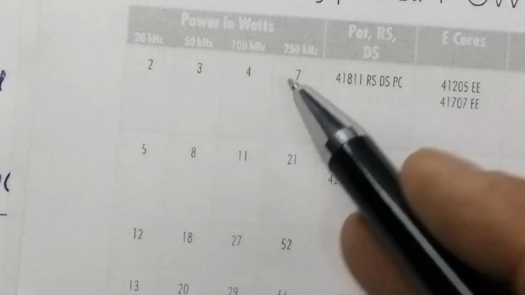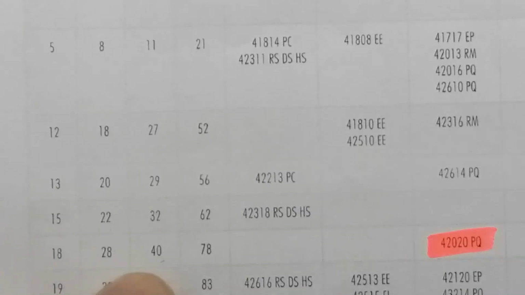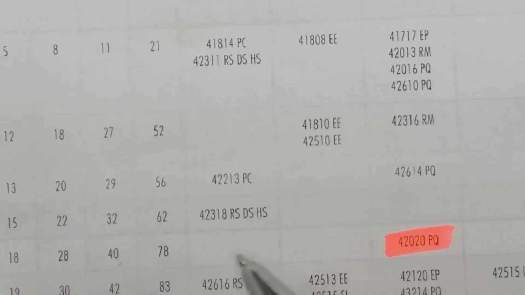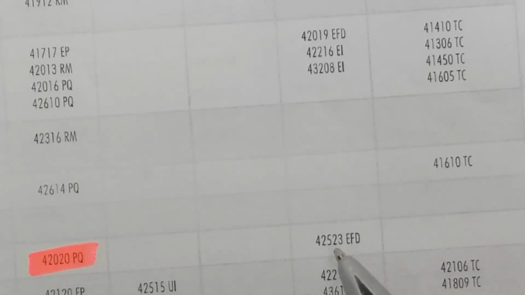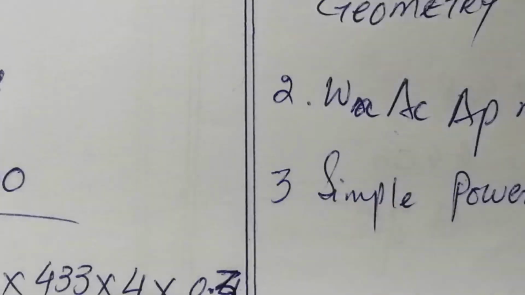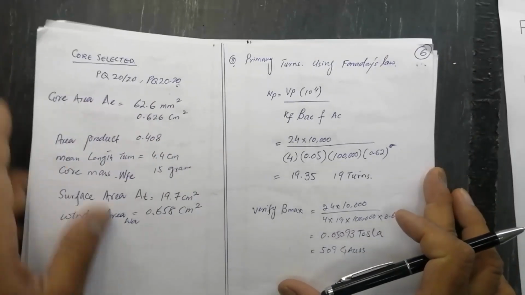We can select a core from this, at 100 kilohertz and our required output power is 38 watt. So for 38 watt, that is in this range, so we can use this core, PQ 2020 for ferrite material, or we can use in EFT, 2523. These two cores we can select. Now we selected PQ 2020. Now we can